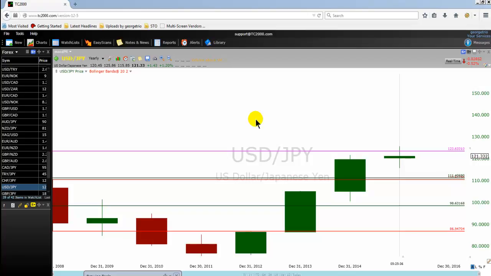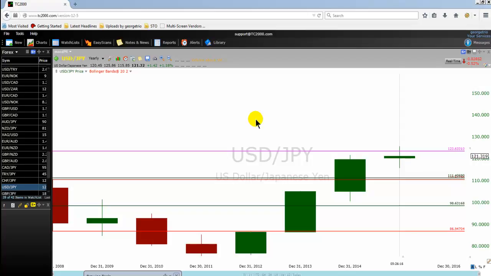Why do we need to know? As a Forex trader, when you are trading a currency pair, you want to know first who are the people trading that currency pair. The next thing, what are the factors that influence the currency pair? So you want to understand the characteristic of the financial instrument that you are trading. In this case, we are talking about the dollar yen. You want to understand the factors that can move or influence the dollar yen. And the number one factor is what? The policy adopted by the US Federal Reserve or the policy adopted by the Bank of